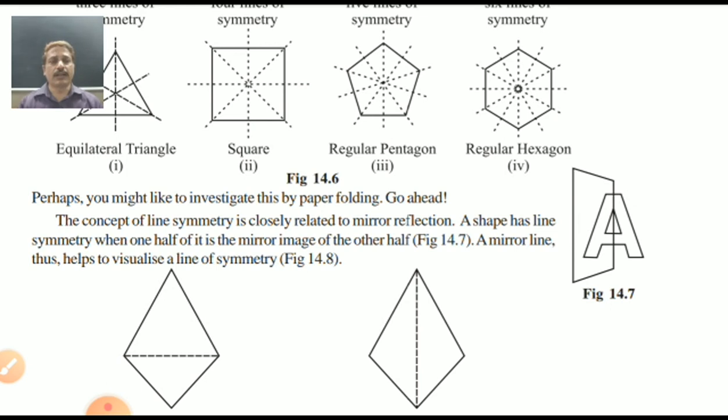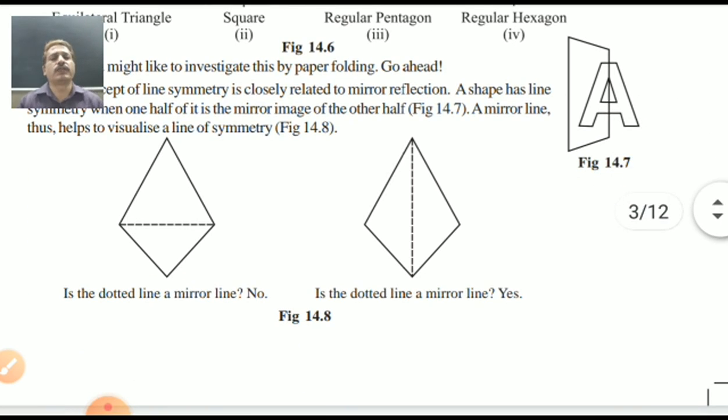Alphabet A, you can keep it on the paper and then adjust this mirror according to this way. You will get the mirror image of the A. Yes, my dear students, correct. See here, diamond is given. It has no line of symmetry for horizontal. Horizontal means lying down, vertical means standing. Okay, very good students. Vertical line of symmetry is there. Exactly left side and exactly right side.